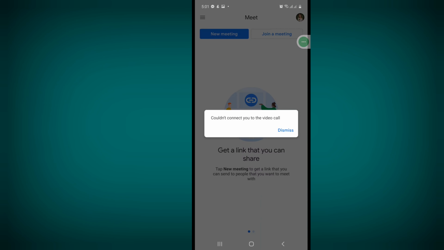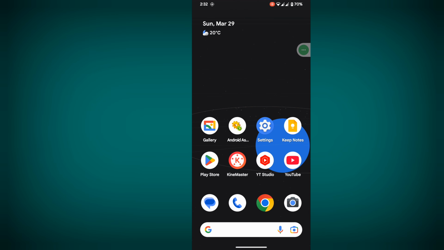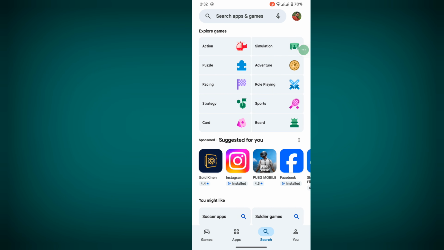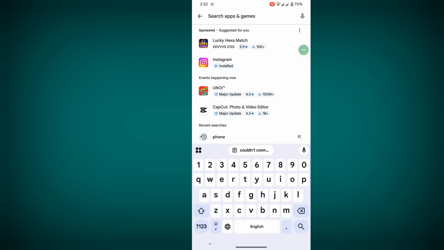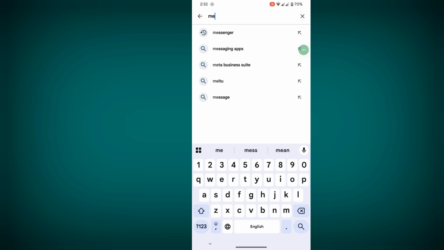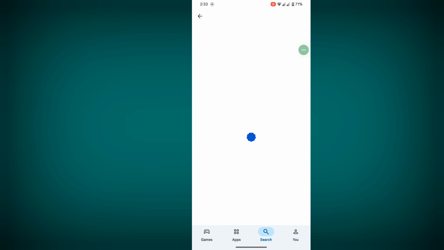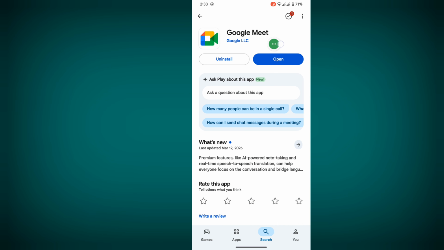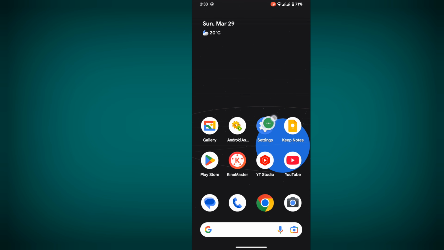In this video, I show you how to fix the Google Meet "could not connect you to the video call" problem. For fixing this problem, first of all, go to Play Store, check for a Google Meet update, search Google Meet, click on it, and update the Google Meet app if any update version is available. Then go to settings,